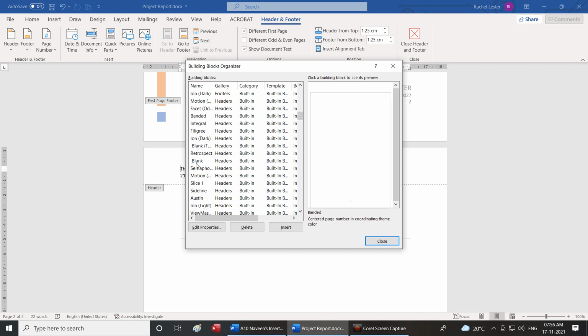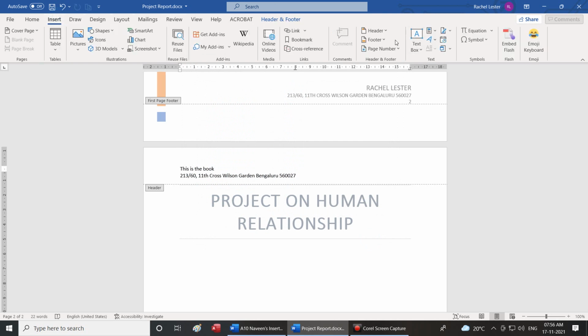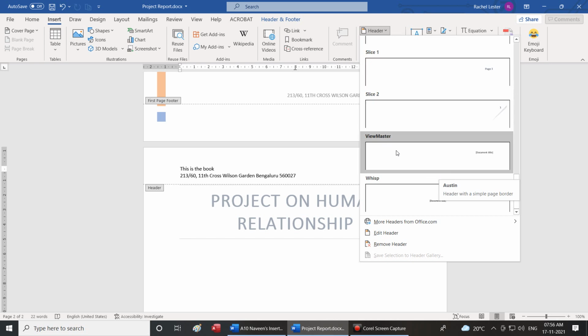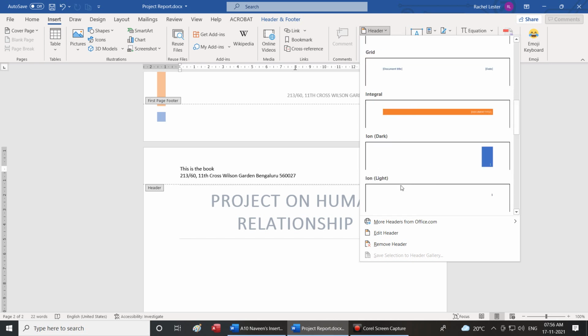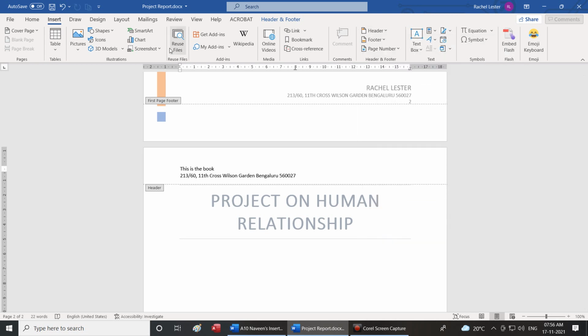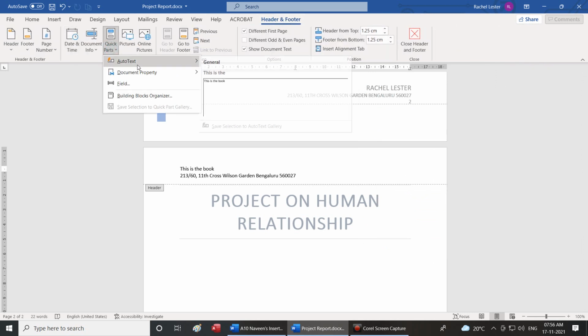If you start reading all this, you will understand that when we went to insert header, these were the options, and whatever additional option we added as auto text also, that header and footer also will be available here. So we will not get into too much detail. So auto text is saving one of your texts.